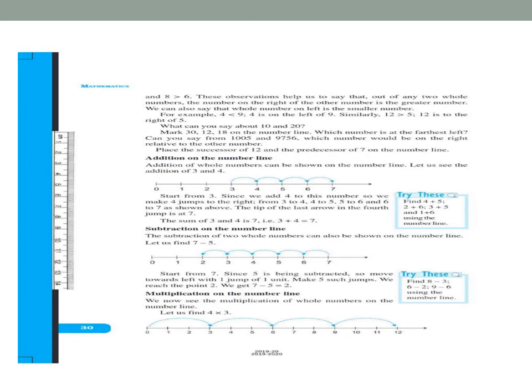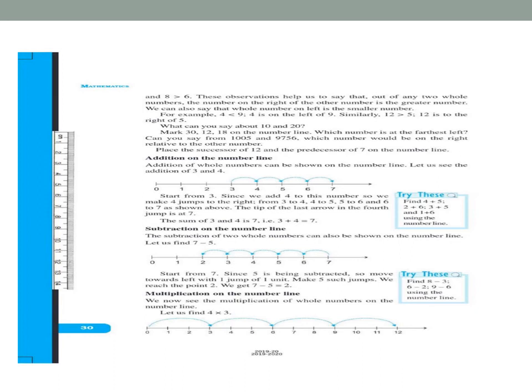From which number does it have to be subtracted? You have to put the tip of your pencil at the number from where you have to start, and then subtract the number. Like here, in the present question, 7 minus 5. So you put the tip of the pencil at 7 and you have to subtract how much? 5. So you subtract 5 units: 1, 2, 3, 4 and 5. Where does it end? It ends at 2. So 7 minus 5 will give you how much? It is 2. Exactly. Is it clear to you?